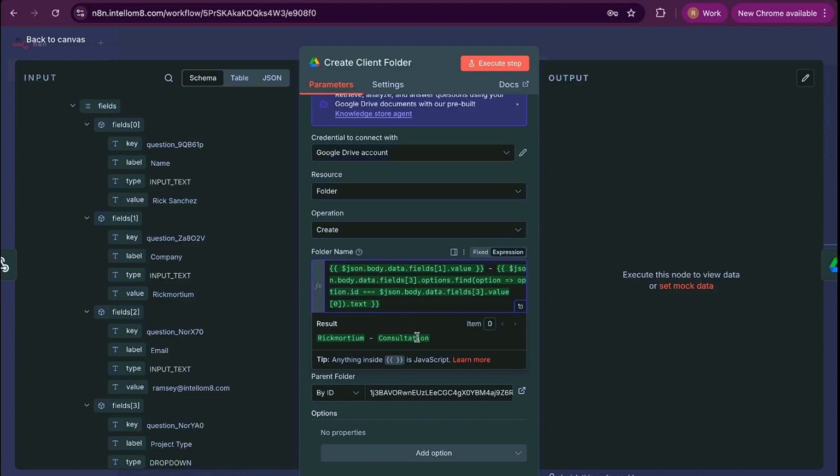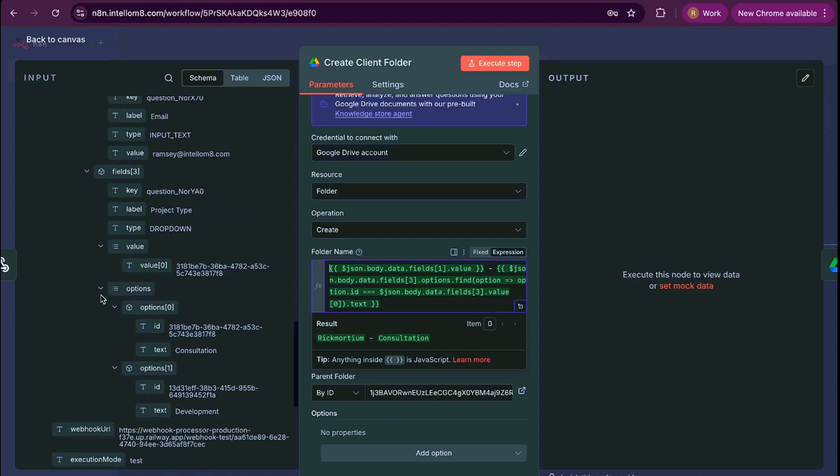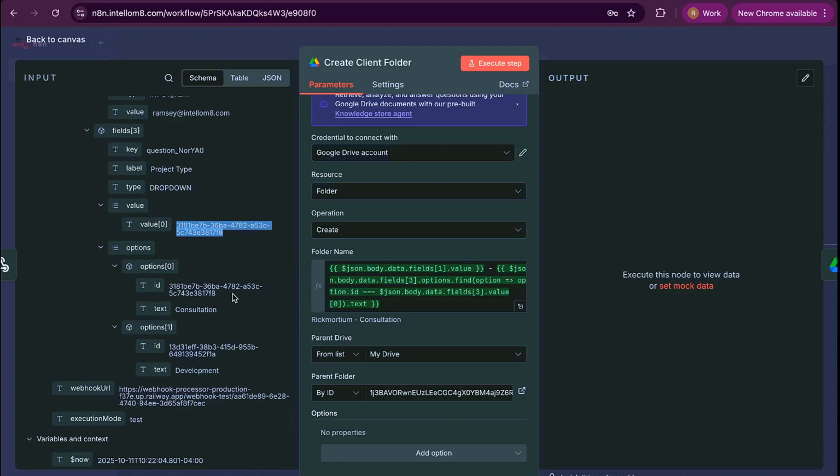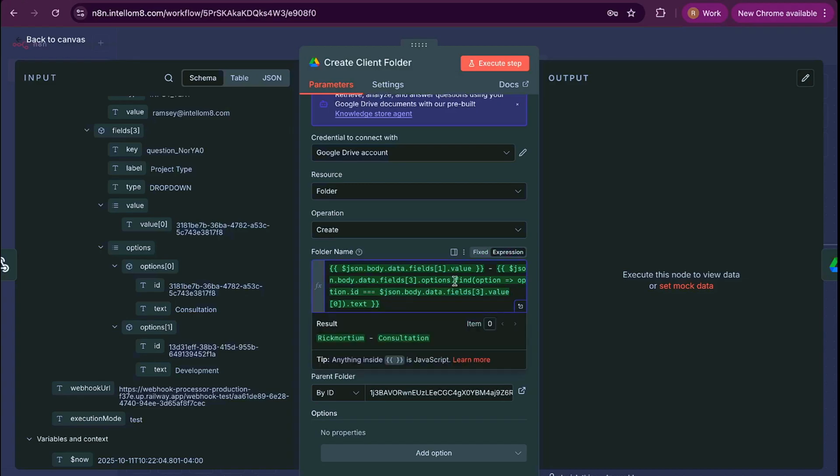But what about the project type? In this case, if you look at the project type, the value is actually an alphanumeric ID. And then there's an options array that matches each ID to whatever option. Now for this one, if you're a programmer, you would know about the find function in JavaScript, which is what expressions use in n8n. If you're not, then you would know about Gemini or ChatGPT, which can help you come up with this expression. So if I went to Gemini and I asked it,